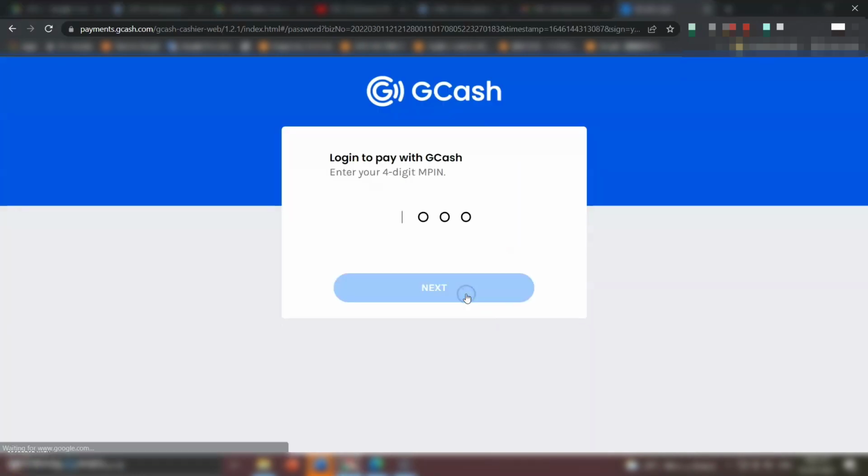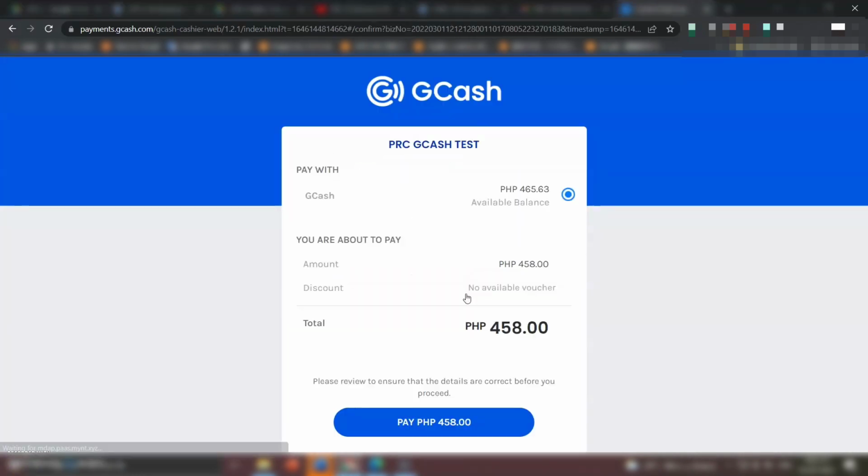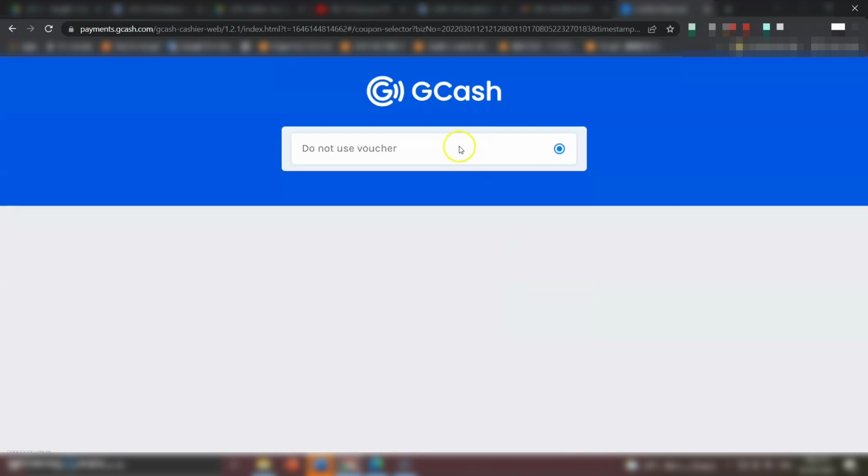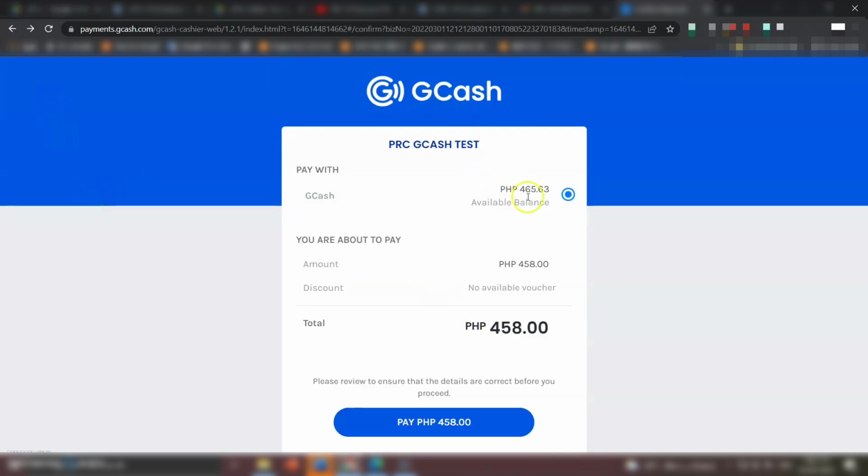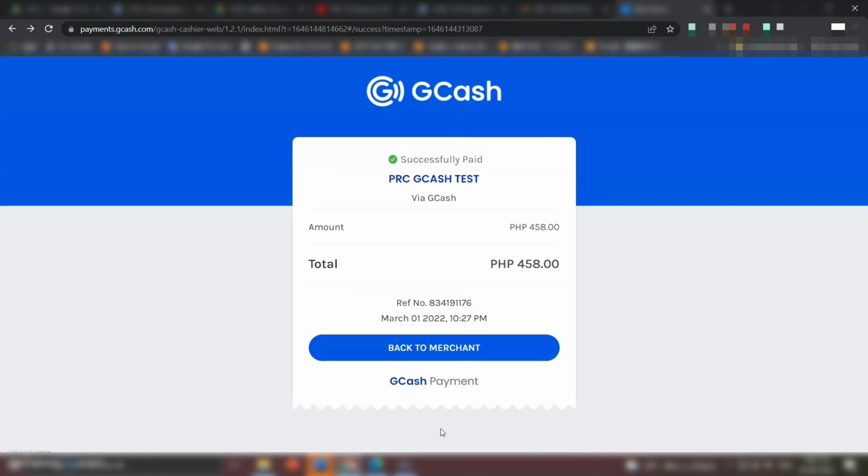And then now we have to pay through PayMaya, but unfortunately I don't have any balance in my PayMaya account, so I chose GCash instead. So just log in your GCash number and then pay for the amount. And then that's it. Once you're done paying, do not forget to bring or print out the